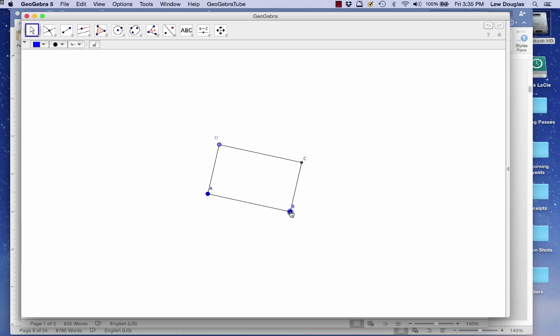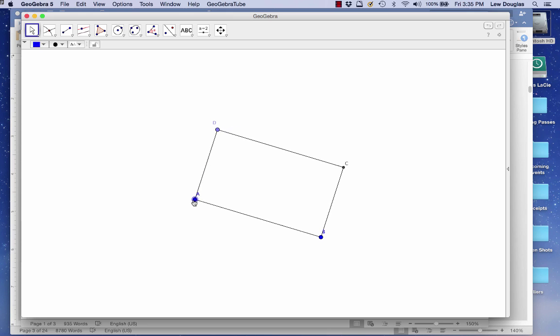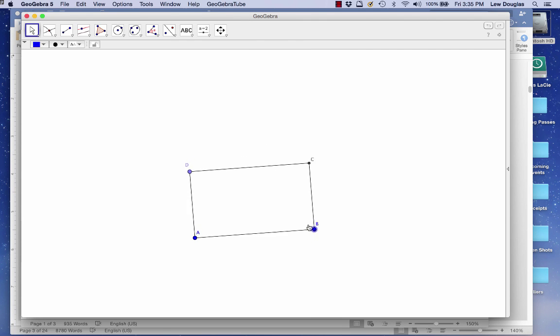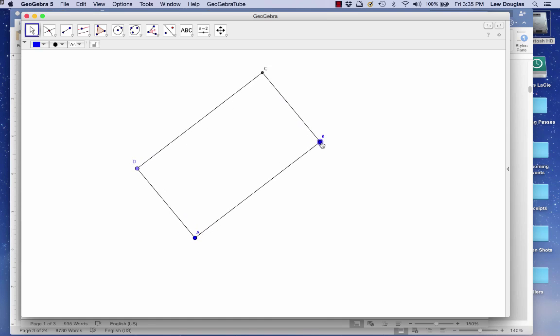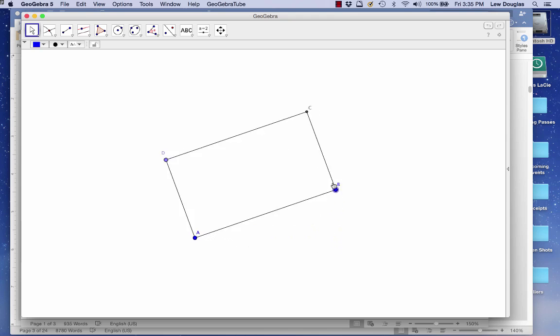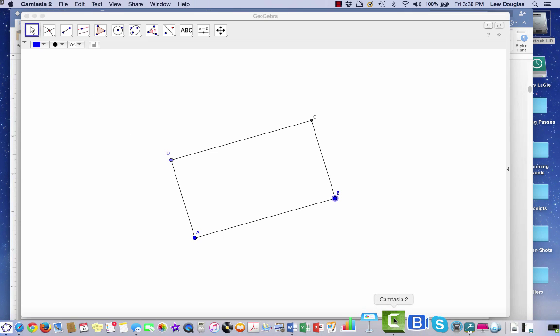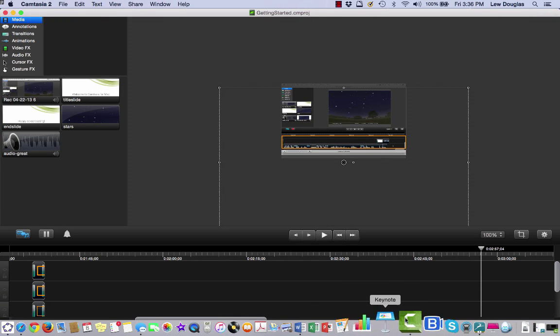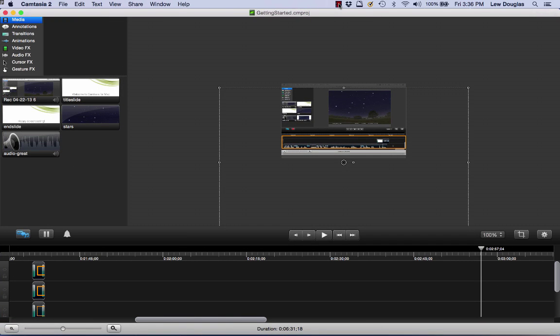What I have to drag is just the early parts of the construction, so that the later parts depend on it. So the best points to drag, if I want it to be as dynamic as possible, are the first two points that I made, A and B. Those are the parents of this, and no matter how I move it around, it's a rectangle. So there's a dynamic rectangle. Okay, that's it for today. Let me go back to Camtasia and stop the recording, which is